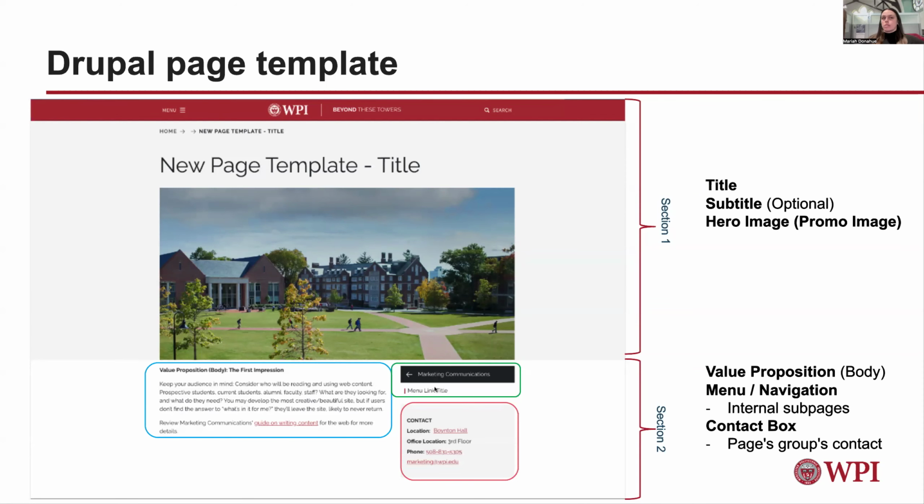This includes internal subpages, as well as the contact box. So when we go into the page, you'll see you have the option to hide the contact box, as well as override it. By default, the contact box is going to pull the group's contact information, whichever